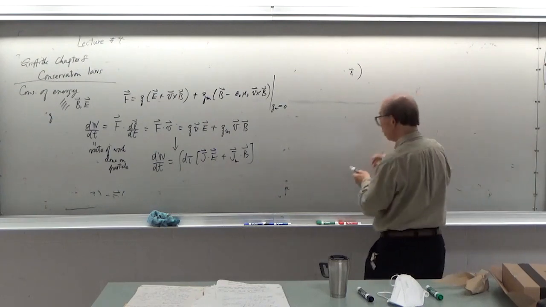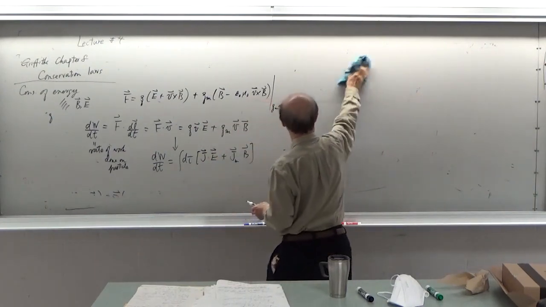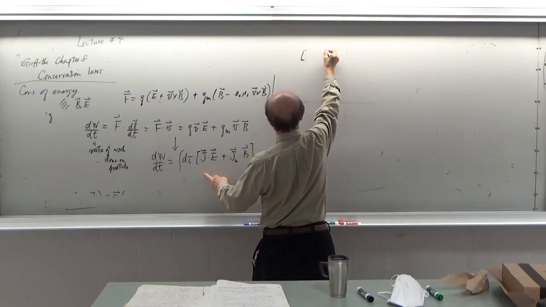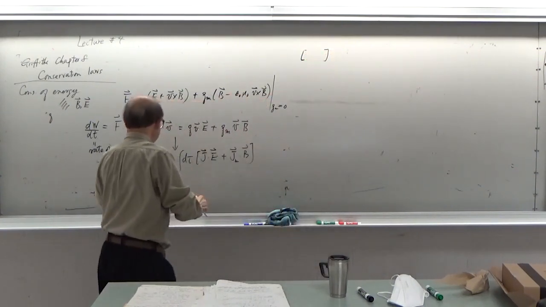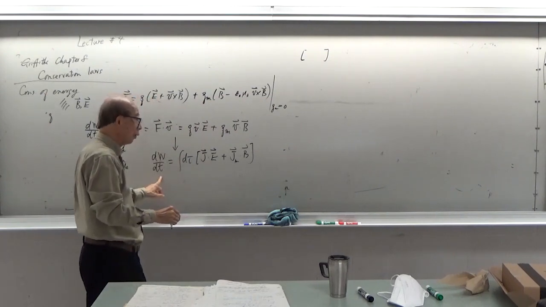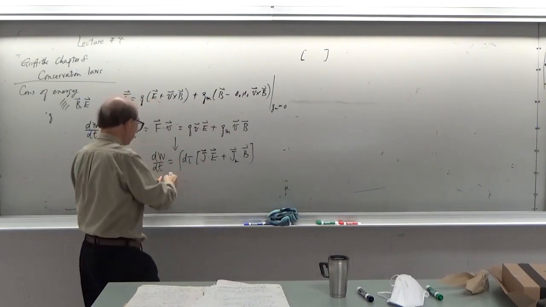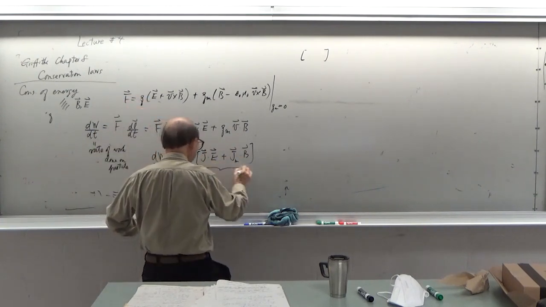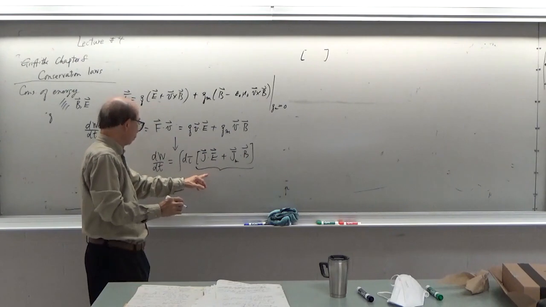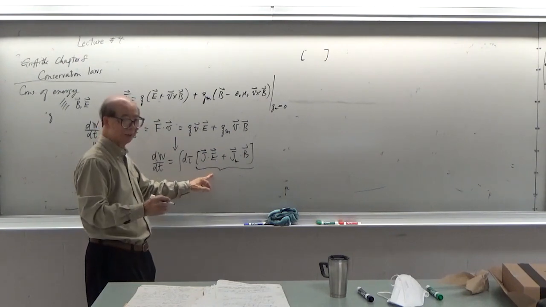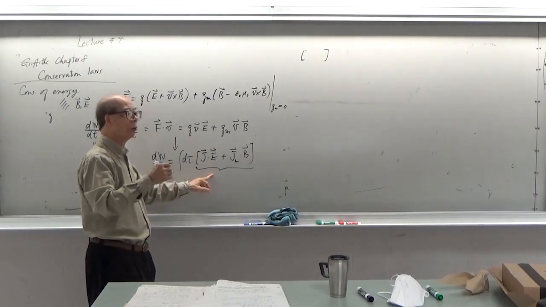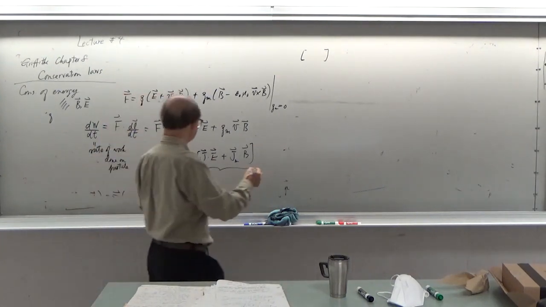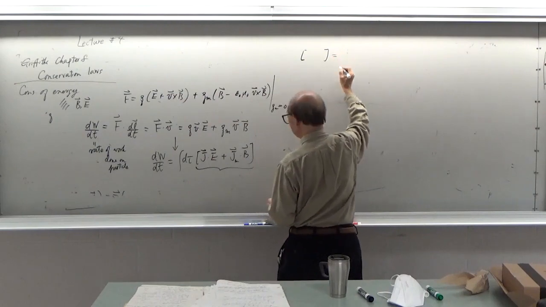So the integrand: the rate of work done on the system of particles is given by the volume integral of this. So this has the meaning of the rate of work done per unit volume on the system. And that is equal to, as I said,